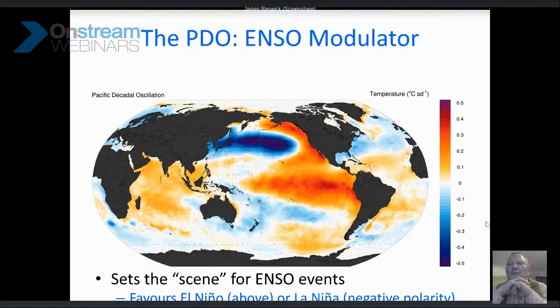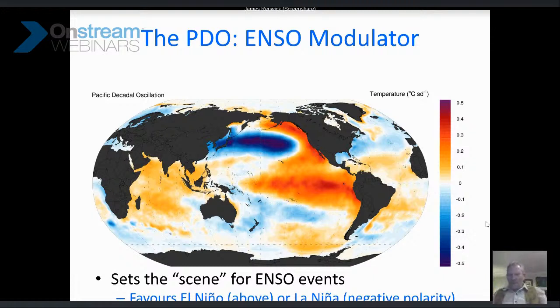So when you have this positive PDO, you tend to get more El Nino events, and they have certain effects on the wave patterns across the South Pacific and certain effects on the sea ice. And then this whole thing flips over and it becomes cooler in the equatorial Pacific, and it becomes warmer east of Japan and around New Zealand. That's the negative PDO. And in that phase, it's easier to get La Nina events. So you can have quite opposite influences on what happens to the sea ice across the